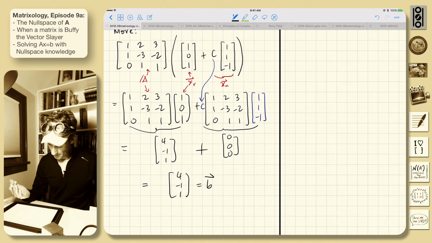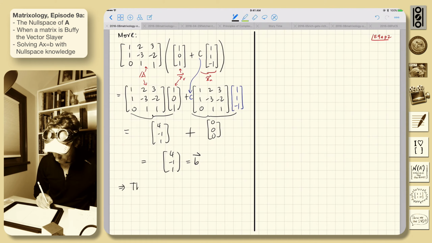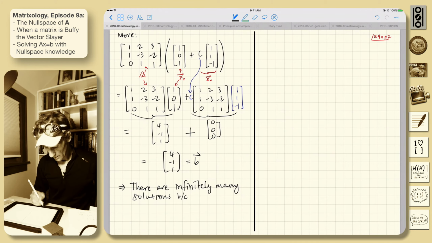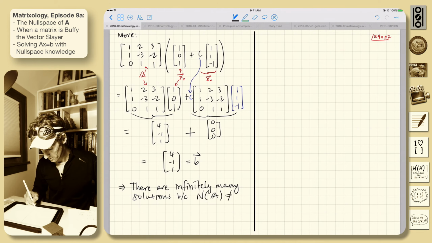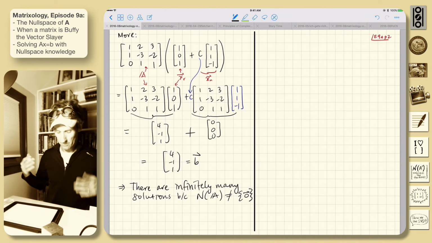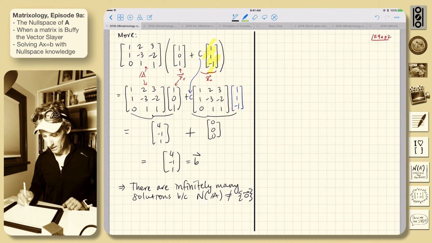So there are, in fact, let me write it like this. There are infinitely many solutions because the null space of A is not equal to just 0. Plenty of matrices have a null space of just 0, right? A times 0 equals 0. But it's not that. There are a whole bunch of crazy things we can throw in here